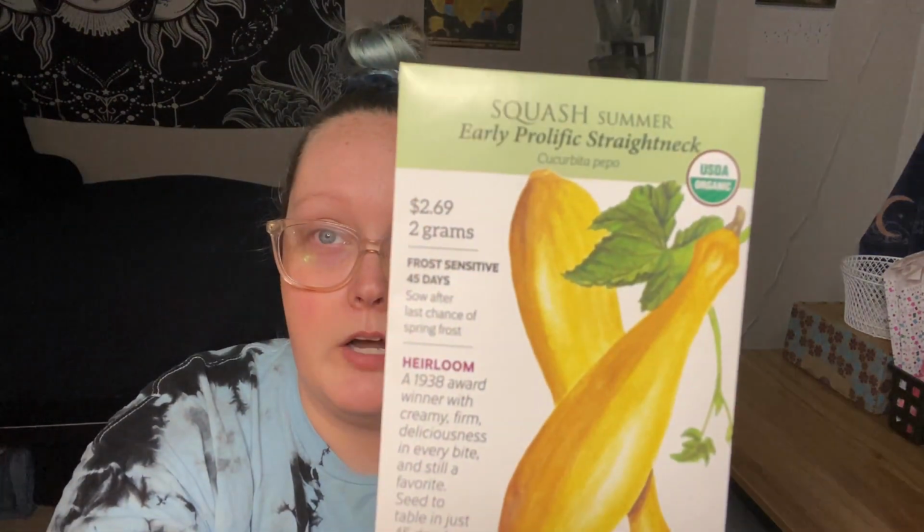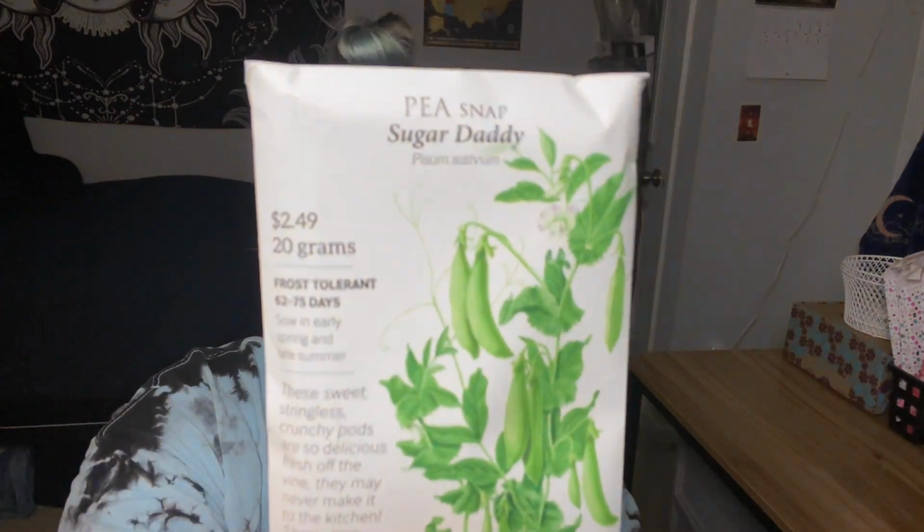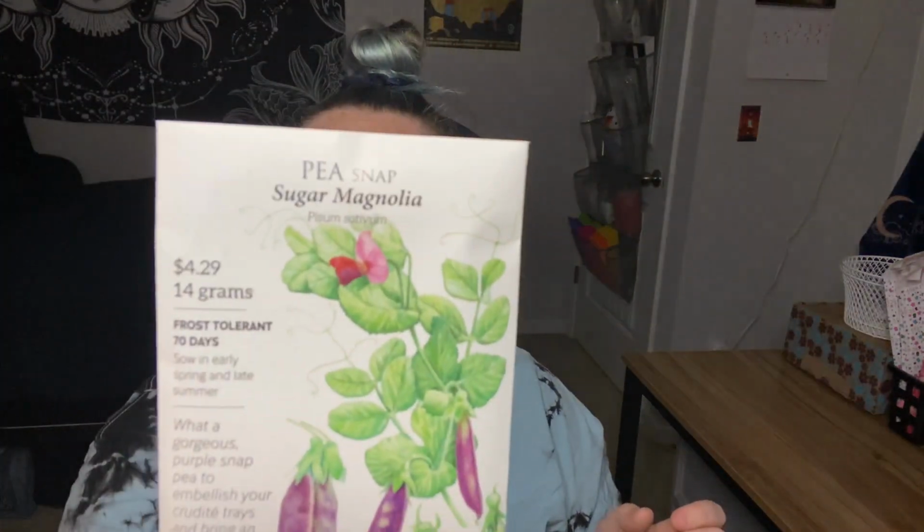Then we got early prolific summer squash, straight neck, and then we got Utah celery, and then Shin Kuroda carrot. I'm excited for that. I got a lot of carrots actually. Little finger carrots, Sugar Daddy snap peas, Carnival blend carrots, Long Island improved Brussels sprouts, some broccoli seeds, Black-eyed Susan vine, sugar magnolia snap peas,